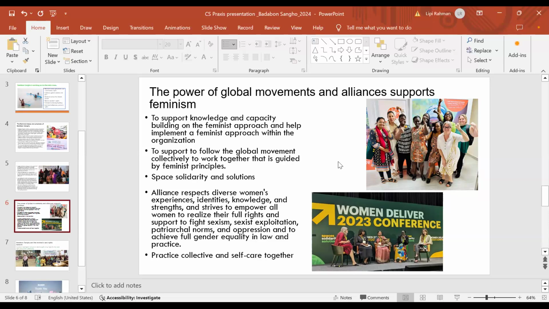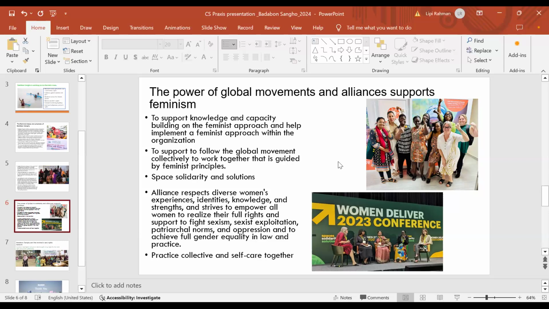With the Feminist Humanitarian Network, we built the alliance and did policy advocacy, like seminars with NGOs and government officials to recognize the women-led organizations at the grassroots level, because we have